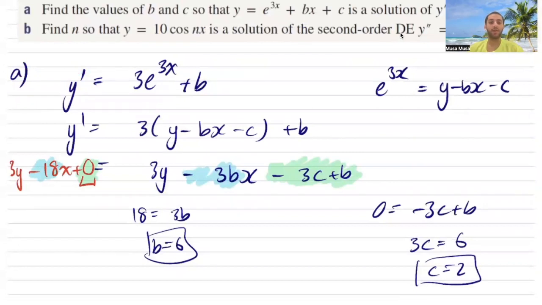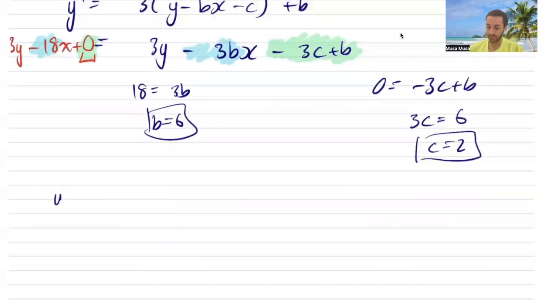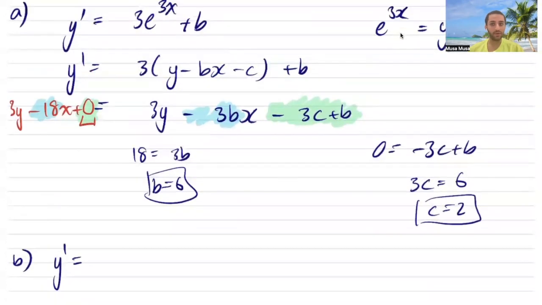Find n so that this is a solution to this second order differential. Okay, so it seems like we have to take the first and second derivative. So the first derivative is,